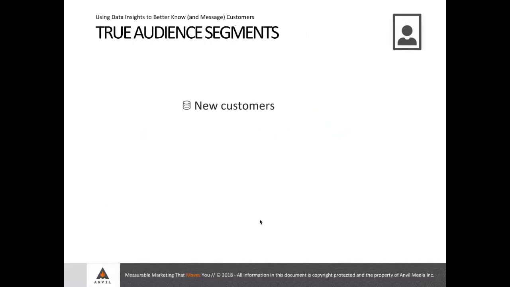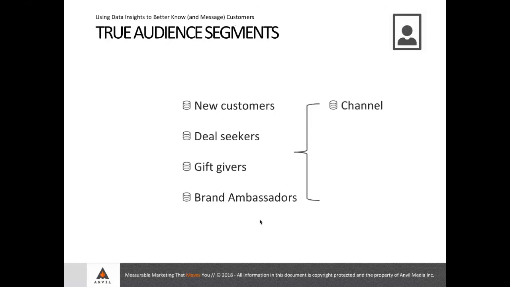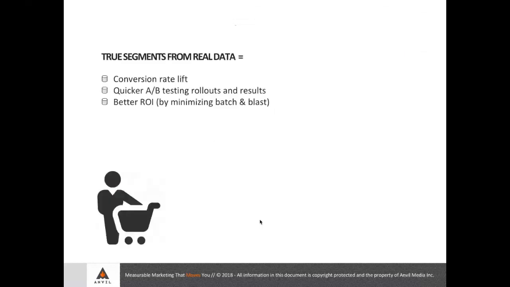So we have these audience segments, and there's many types, but I'm pulling ones out that we often see. New customers, gift givers, brand ambassadors, whatever you want to call them. And this is the old-fashioned way of creating segments. We just say, this is a segment. But now, with this new way of creating customer journeys off of data, the segments are actually tied to things like channel, device, timing, and the message. We're no longer just saying this is a group of brand ambassadors. We're saying here are the brand ambassadors, here are the channels they respond to, here's when they want to be messaged, here's what we need to say to them.